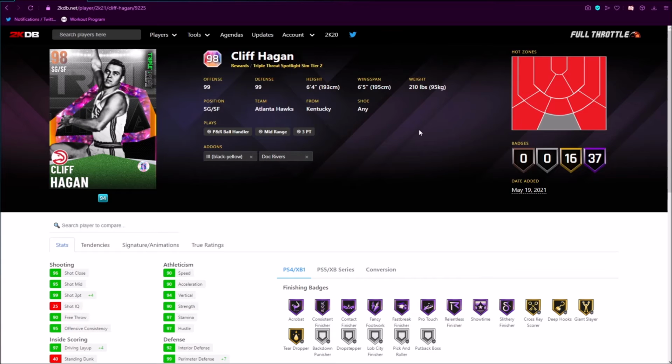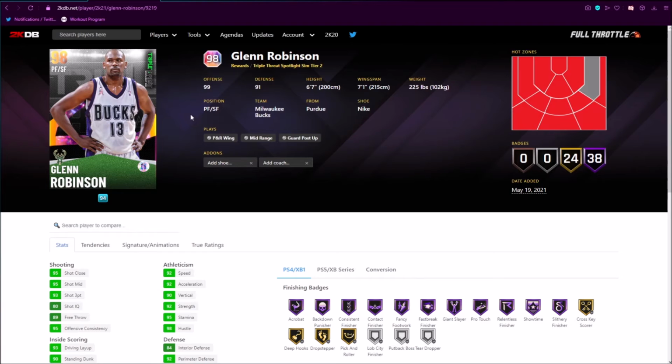I personally don't know what shoe I'd run on him other than the Grinch shoe, which I do not have, so it's a pain in the ass. But it's completely whatever, guys. It's completely whatever. So we're gonna be moving on over to the next card, which is the Opal Glenn Robinson